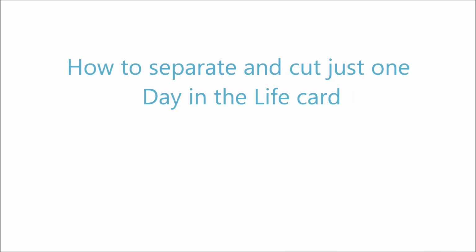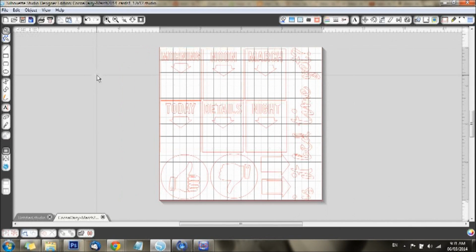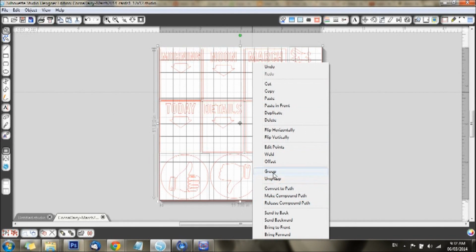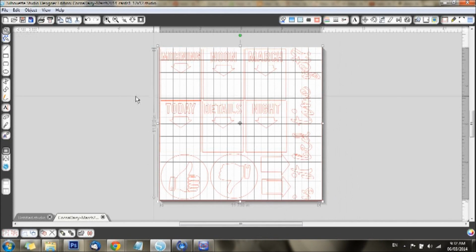Okay, so the other thing we're going to learn today is how to take these pages that are sized to fit on a 12 by 12 piece of cardstock that have multiple elements on them, cards and titles and arrows and embellishments or icons or whatever it is that your file has, and how you can make it easier to do. So after you have opened up your Cocoa Daisy SVG or PNG, and you've gone through all